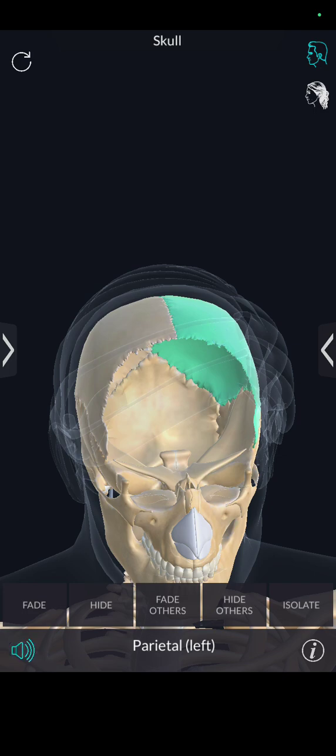The parietal bones are two bones in the human skull which, when joined together at a fibrous joint, form the sides and roof of the cranium. Each bone is roughly quadrilateral in form, and has two surfaces, four borders,